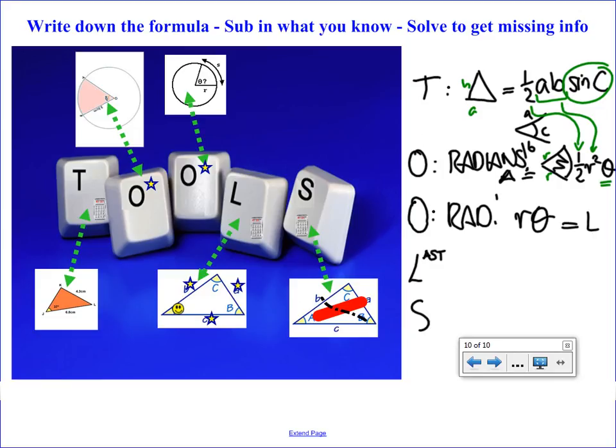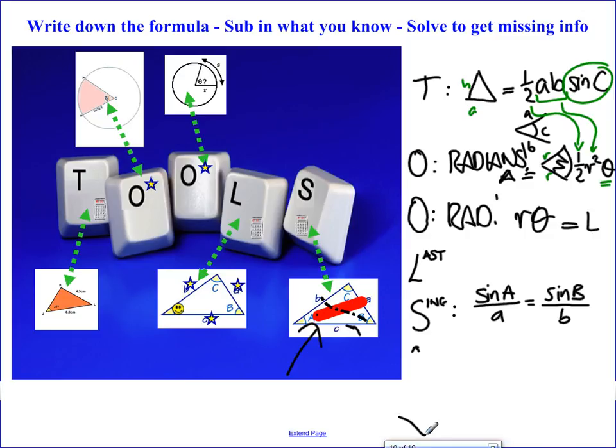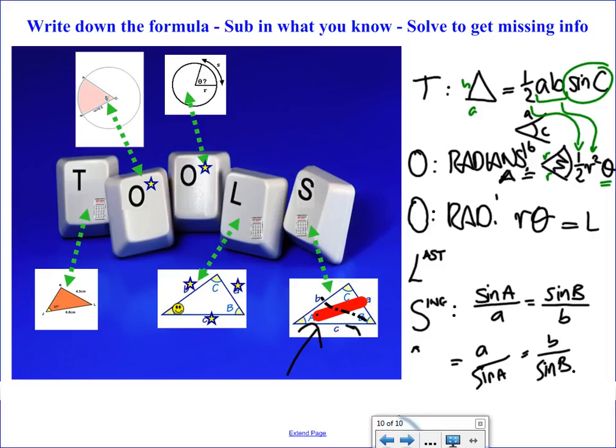And S. So when do we use S? That's the sine rule, isn't it? We use it when we have one pair of opposites. So you've got like here the angle and the length. So if you've got an opposite pair and you're interested in an opposite pair, either way up is fine. And then if none of those are going to solve your problem, they're not interesting to you at all, then